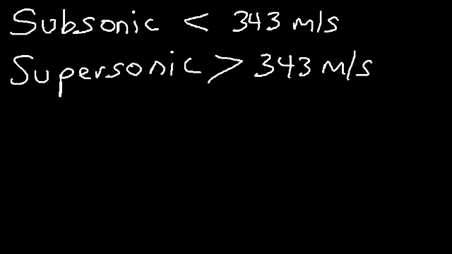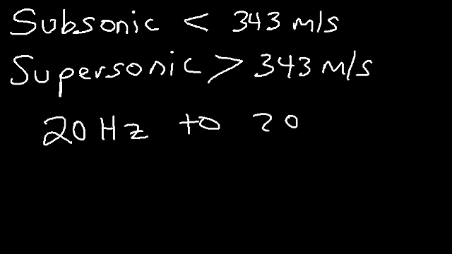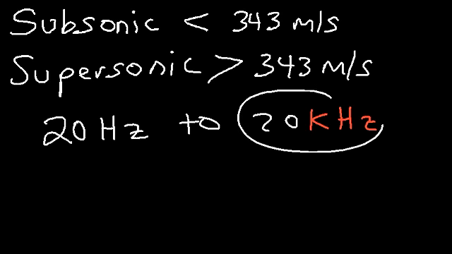Now you also need to know the audible range, the range of frequencies that we can hear sound. We can hear sound from the range of 20 hertz to 20,000 hertz or 20 kilohertz. Kilo represents 1,000. So 20 kilohertz is 20,000 hertz. As we age, the upper limit of frequency that we can hear sound decreases. So older people may not hear frequencies as high as 20 kilohertz. Some older folks may hear sounds up to like 15 kilohertz. It really depends on the individual.